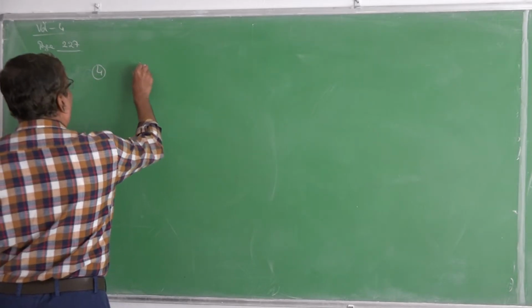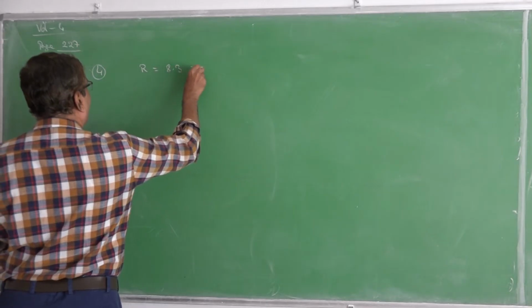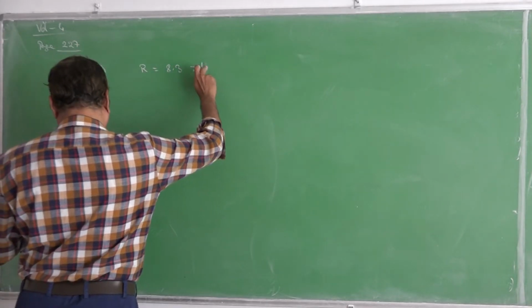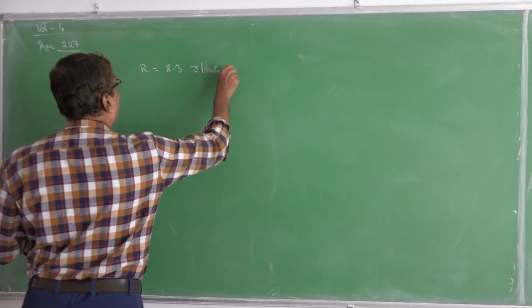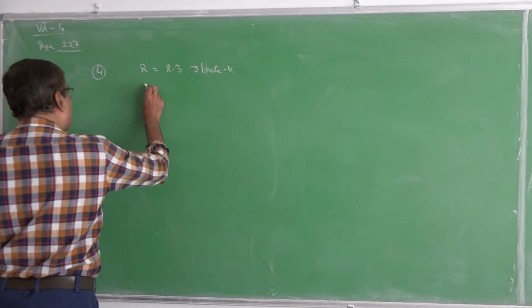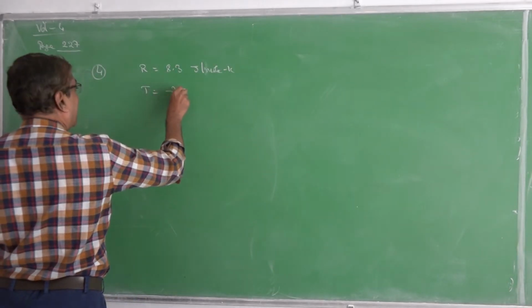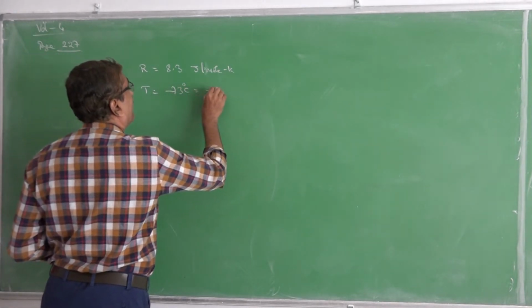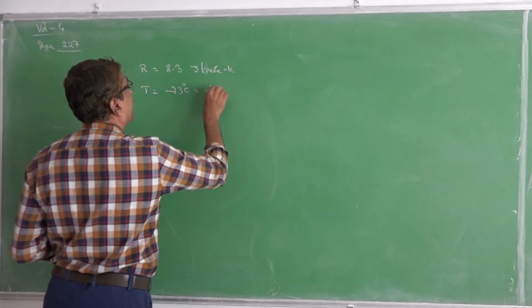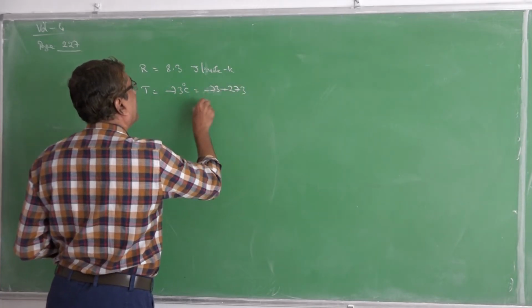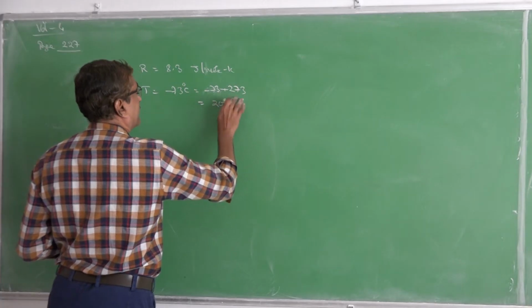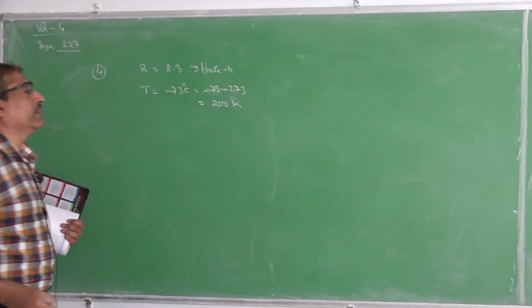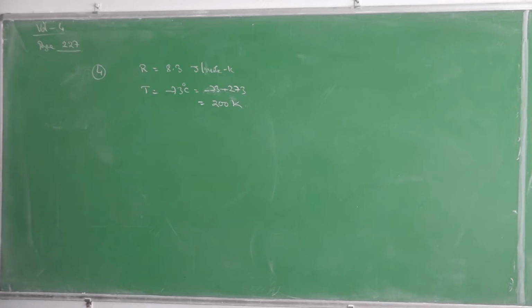Okay, given R is equal to 8.3 joule per mole Kelvin, and temperature is given as minus 73 degrees centigrade. That means that is equal to minus 73 plus 273. That is 200 degrees K, 200 K. Now another thing given is 32 gram of